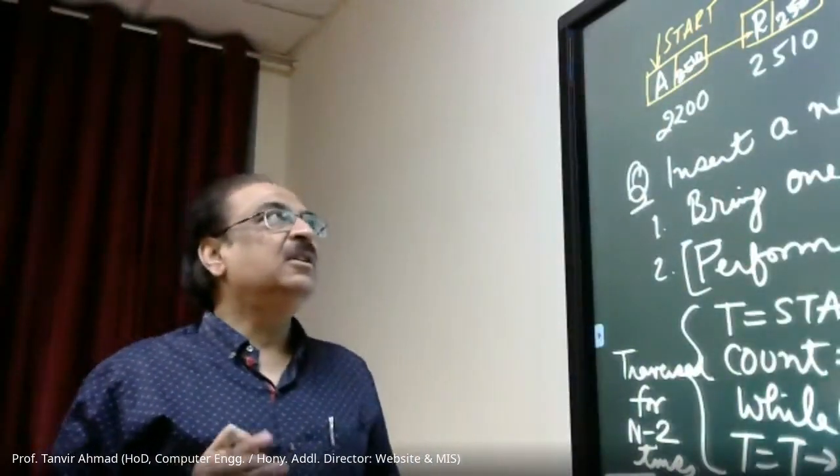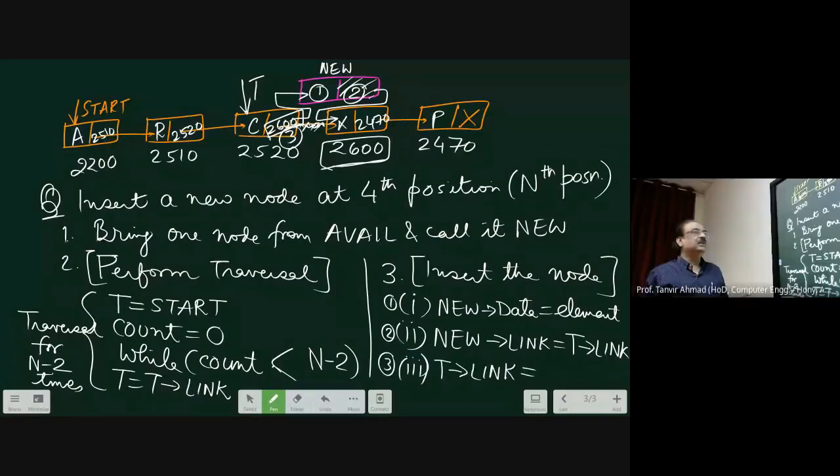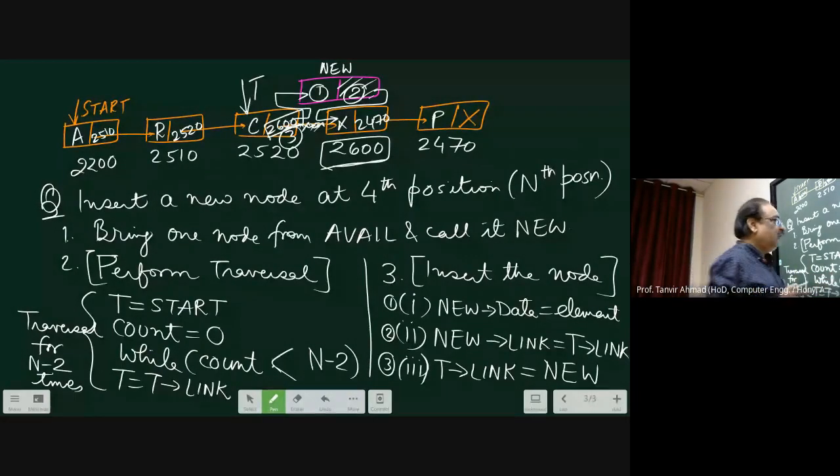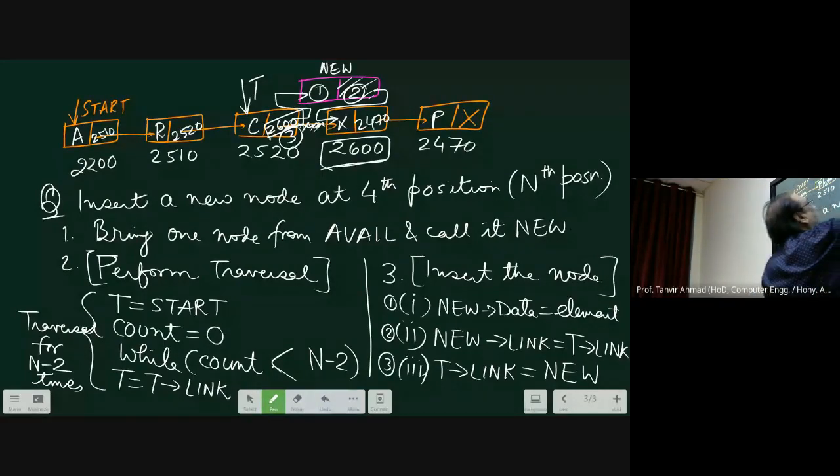And you have to put the new link. That means the new link is stored over here, therefore I'll say new. Because what I will do, I will remove that 2600 over there and try to put the address of new into that. Now after this, what will happen? This one will now change to somewhere. This will go, and here you will find this 2600.